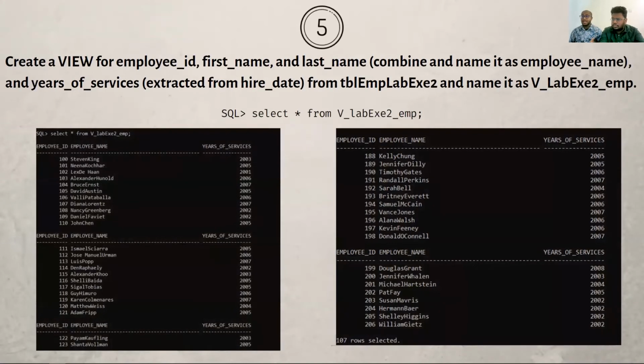To check how it's displaying, select all from v underscore lab exercise 2 underscore EMP, semicolon. So it's data query language. We are querying the data that has been created. As you can see now, employee ID is visible, and first name and last name have been joined and formed as employee name, and years of service has been extracted from hire date. It's clearly seen here: employee ID, employee name, and years of service, such as 100 Stephen King and 2003 is visible right here, and 107 rows